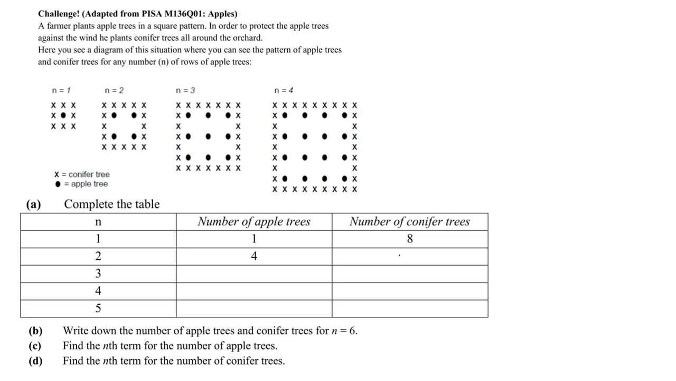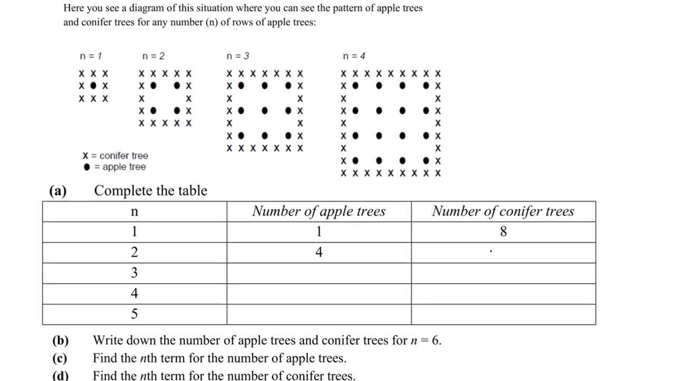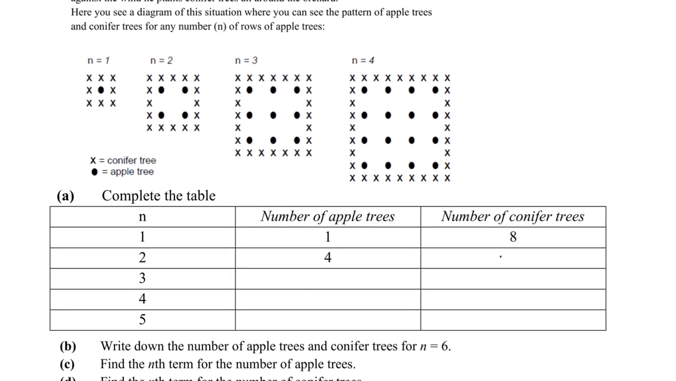So let me just zoom in to work on table number 1, where every time when we have one apple tree, which is denoted by the dot, we would have 1, 2, 3, 4, 5, 6, 7, 8 conifer trees. So moving on to n equals 2,